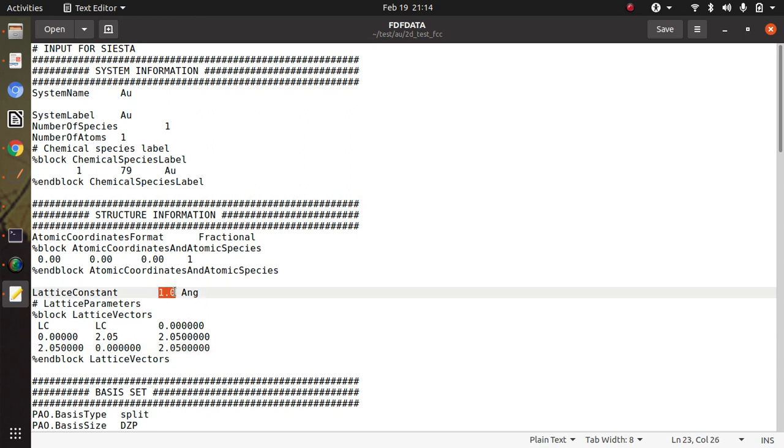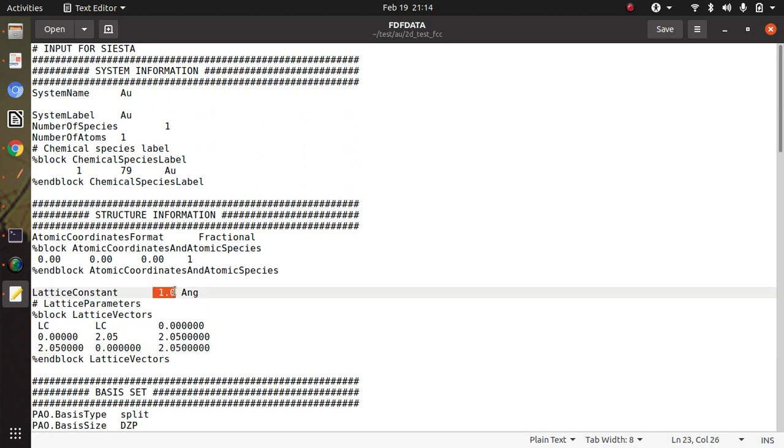But the 4.10 is written here, and at these places only 0.5 is written. So it is one and the same thing.